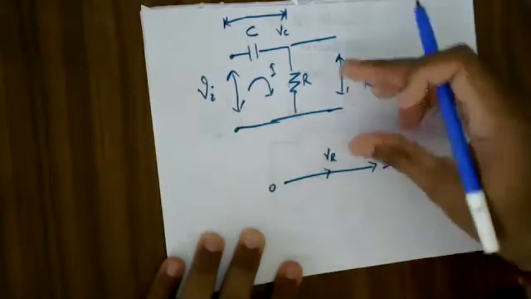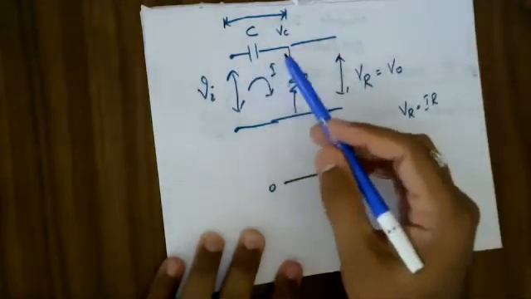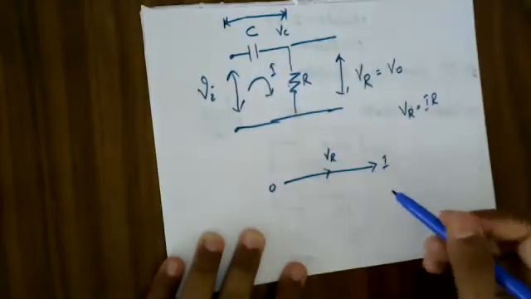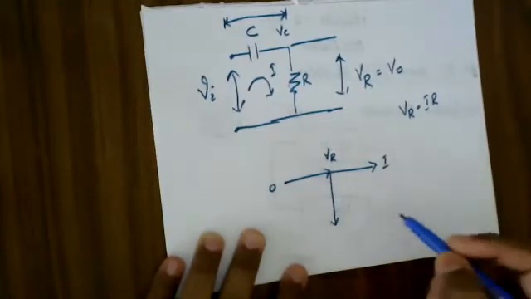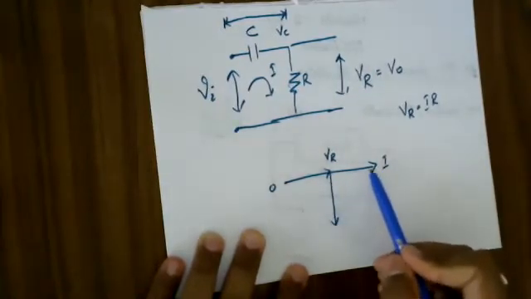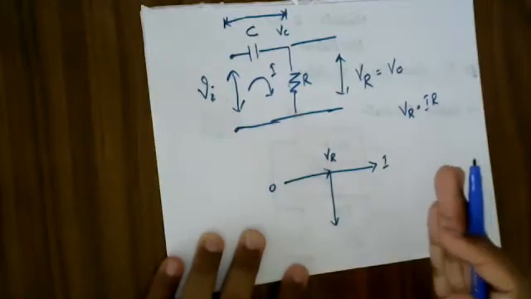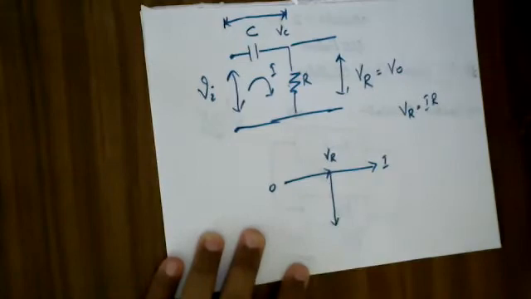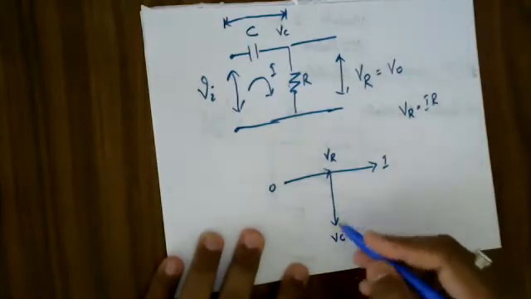It's the voltage drop across this resistance. Then I want to draw a vector for the voltage drop across the capacitor. How can I draw that? With respect to this VR, I can show my VC over here. So with respect to the current, the voltage vector is going to lag. You don't get confused, sir. We know that with respect to the capacitor, the current vector should be leading. It is leading only. So this is the voltage drop across the capacitor.